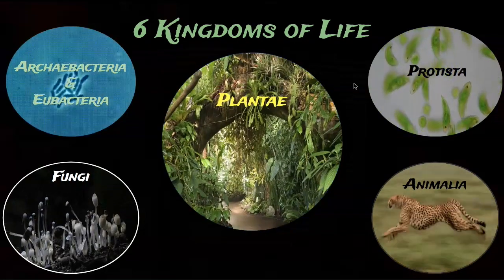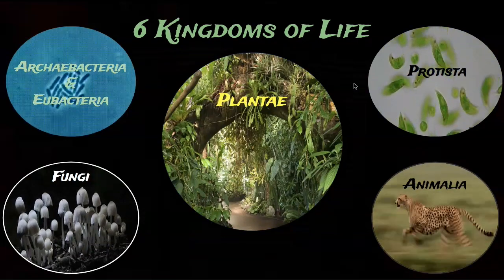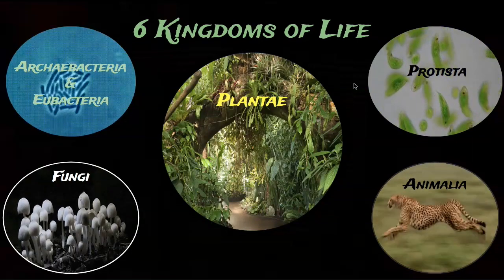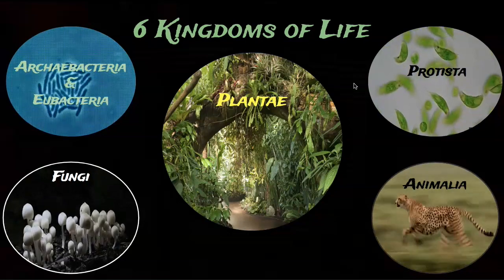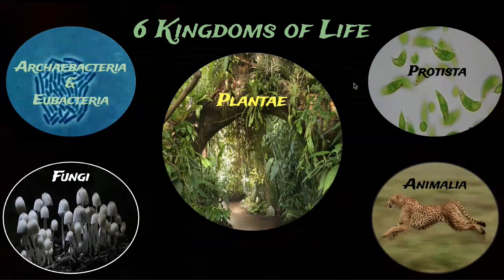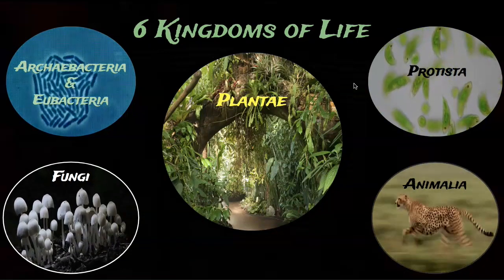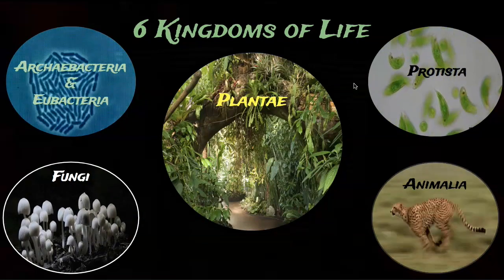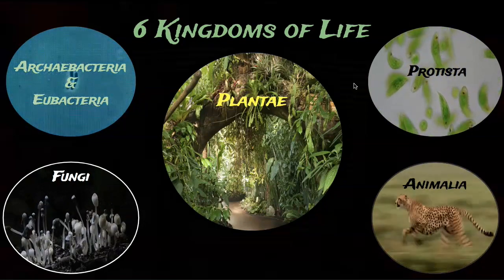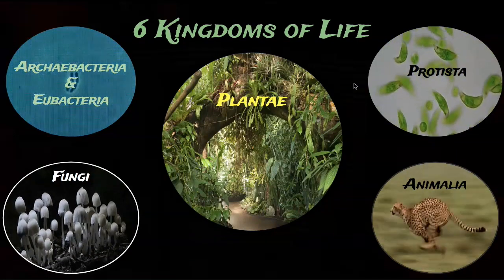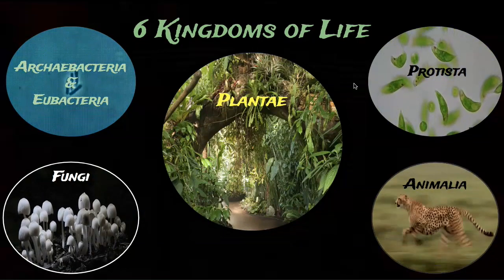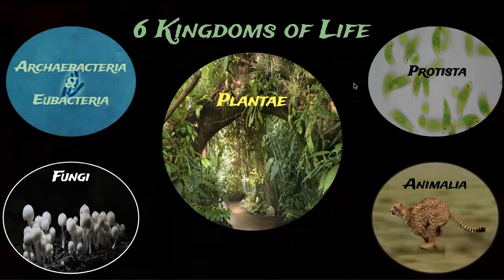All right. Now, what makes up a plant? Some of you might say that if it has a stem, leaves, and roots, then it's a plant. However, if you remember, we talked about some plants that actually don't have these characteristics. And so trying to define what a plant is can be kind of tricky from time to time. But in general, we would say that plants are producers. In other words, they make their own energy. They use photosynthesis to make energy from the light, and that energy helps them in making sugars. They have cell walls, and these cell walls are made out of cellulose, which is a type of sugar.